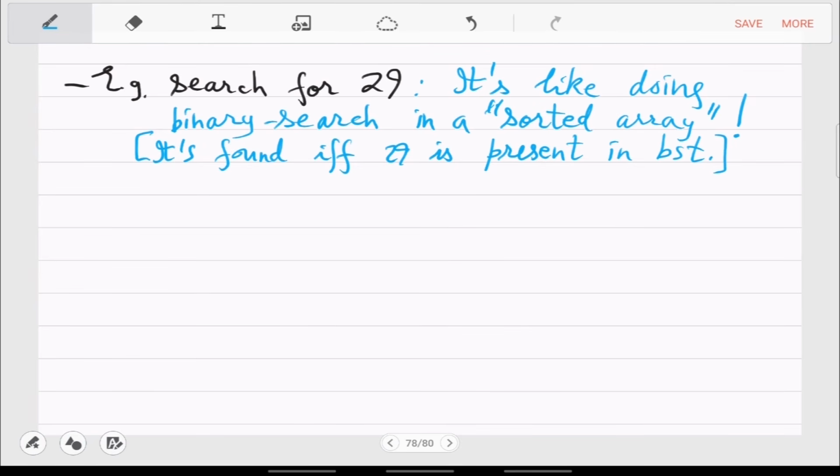Okay, so when x equal to 29 is given, the algorithm is already hard coded. It will not be making any choices. Since it's not making a choice, either it will find 29, or if it doesn't find 29, it will say that there is no 29. That is the guarantee you want. Okay, so let's write this pseudocode then.